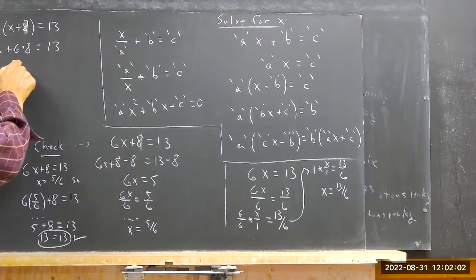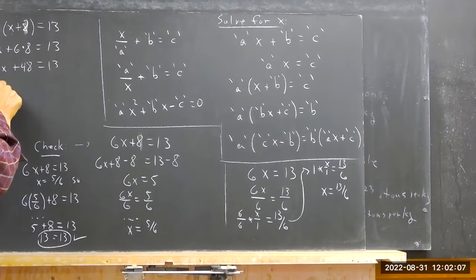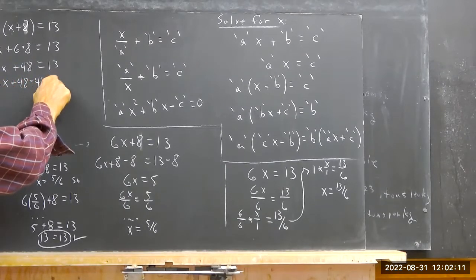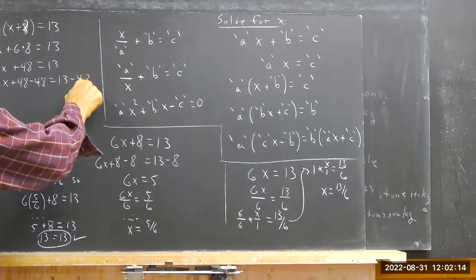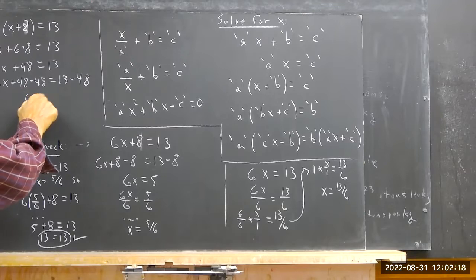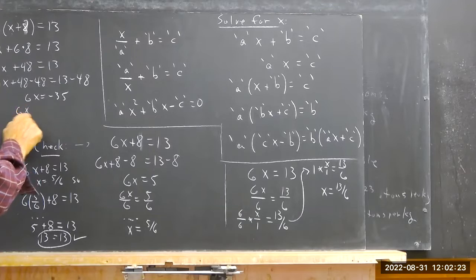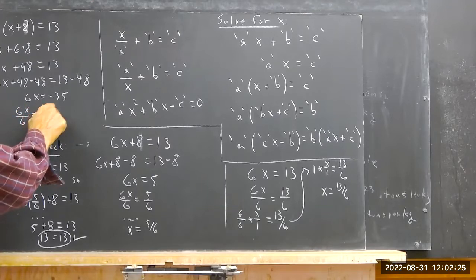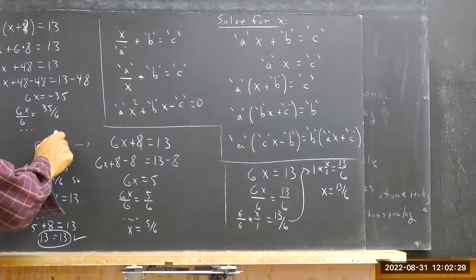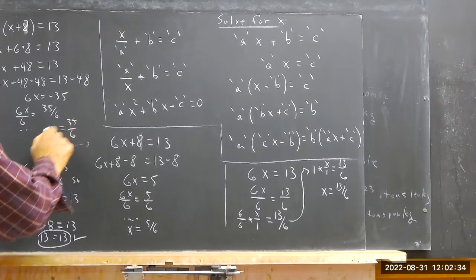Okay, so anyhow, I think it is 6x plus 48 equals 13. 6x plus 48 minus 48 is 13 minus 48. So that's 0. That leaves you 6x. That's negative 35. 6x over 6 equals negative 35 over 6. And again, there are 3 dots here. And then you get x equals negative 35 over 6.